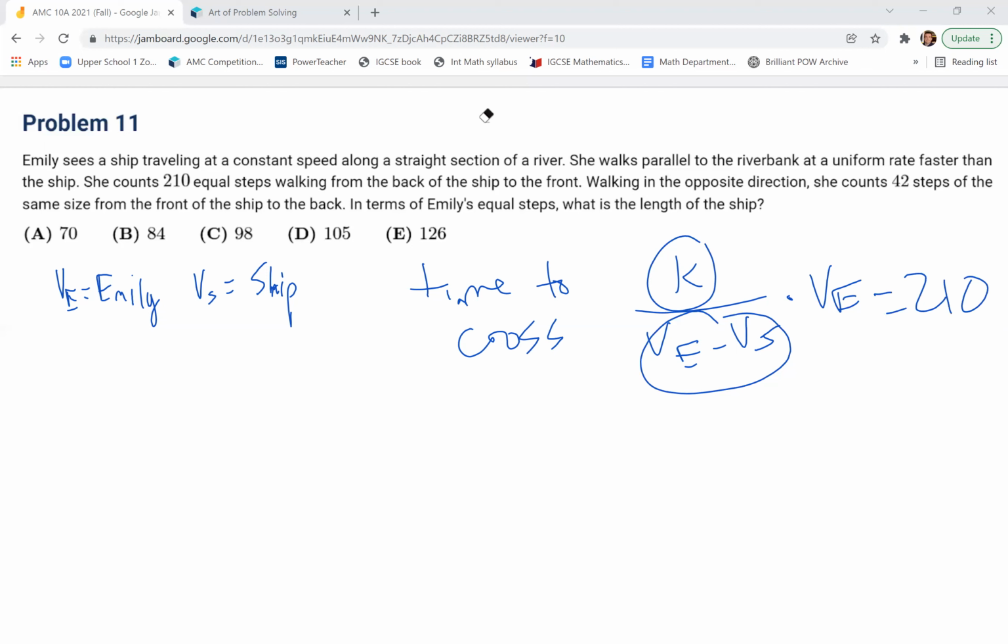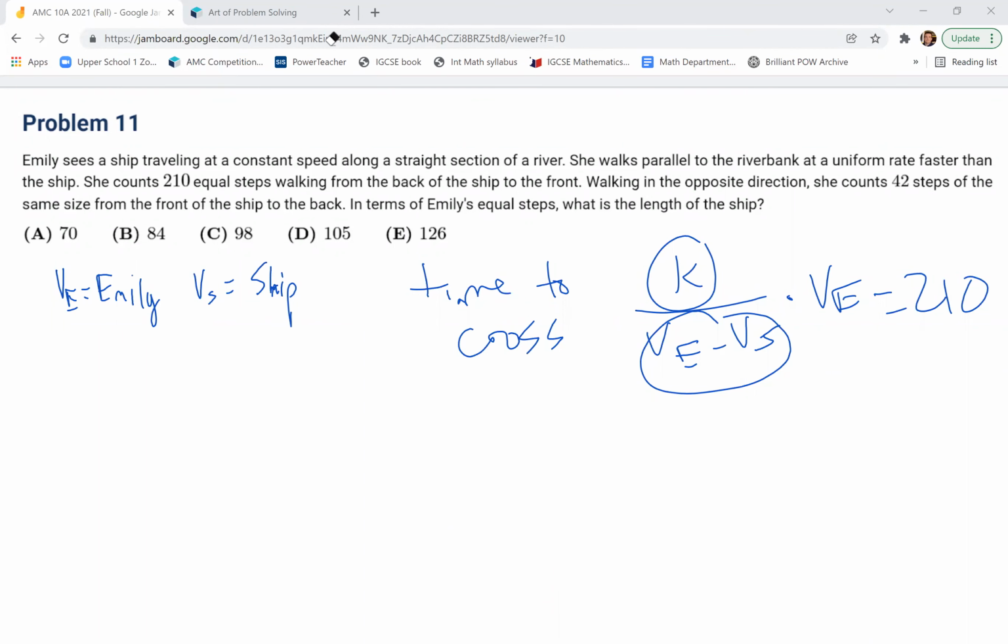So K divided by VE minus VS times VE is 210, right? Now, if the ship moves in the opposite direction to her, then if anything, she's gaining more distance per minute, right? She's actually getting her distance plus the ship's distance, because the ship is going this way, she's going that way, then her distance is VE plus VS, right? So every minute she's getting a distance VE plus VS